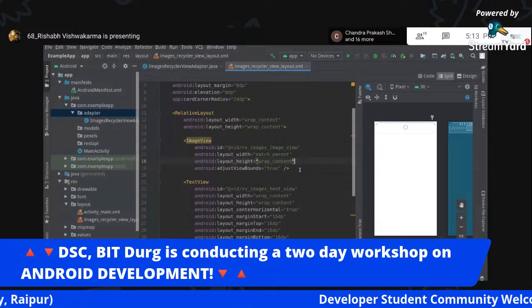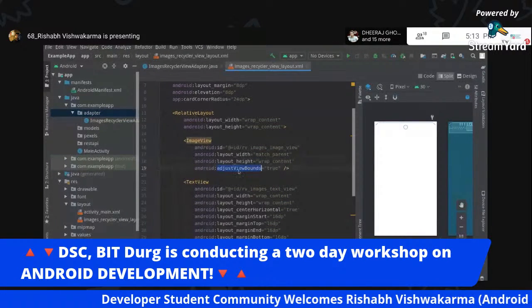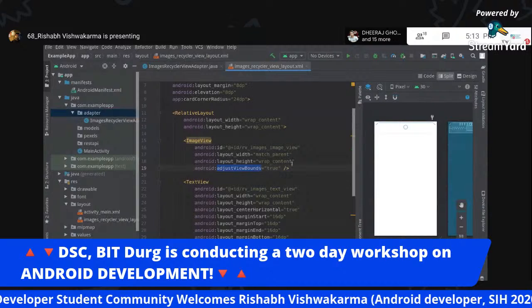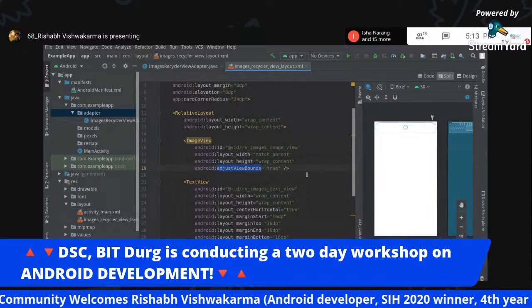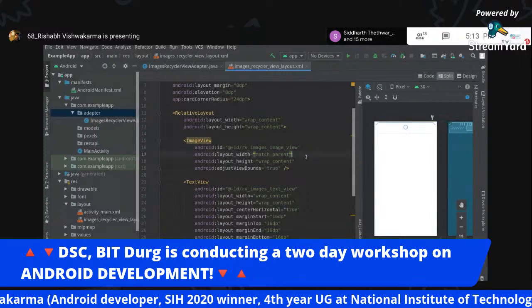Like it may be of different resolutions. Okay, so what this thing does is it helps us to adjust this particular image view according to the image that has been provided by the user. For example, let's say